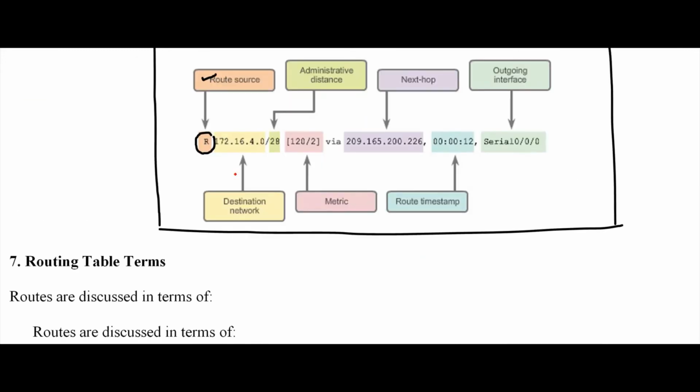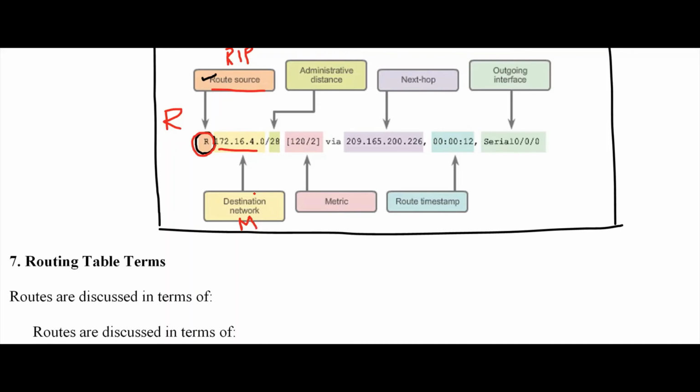See, I'm taking an entry. This is called the remote entry. This is a remote network. This is not directly connected. So this information is coming to me by using R. So R is the route source. The RIP protocol is my source, giving this information to me. Then this is my destination. For example, let it be Muscat. Muscat is my destination.